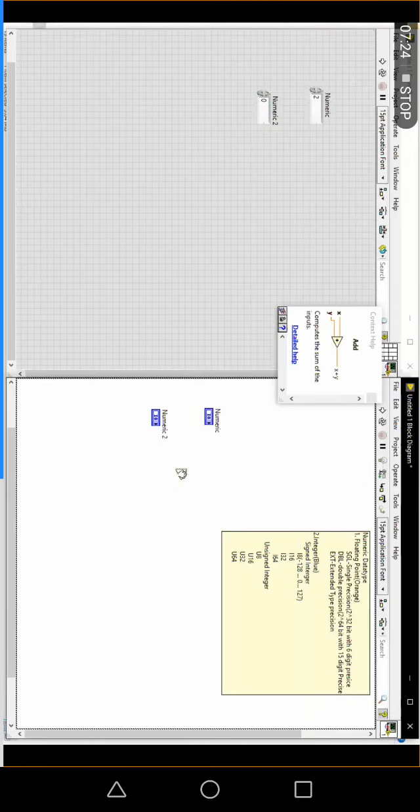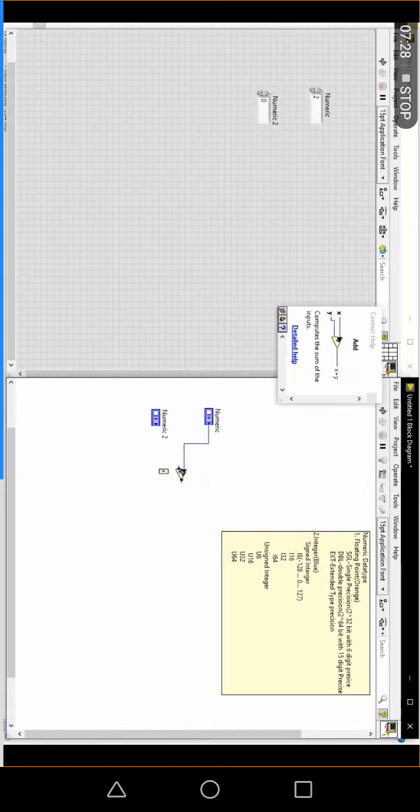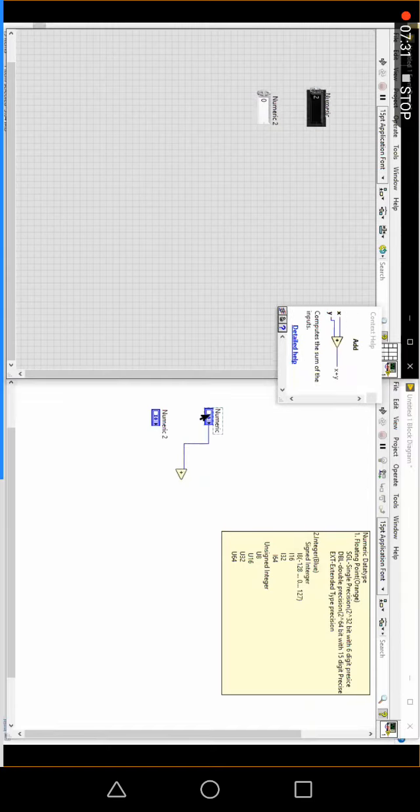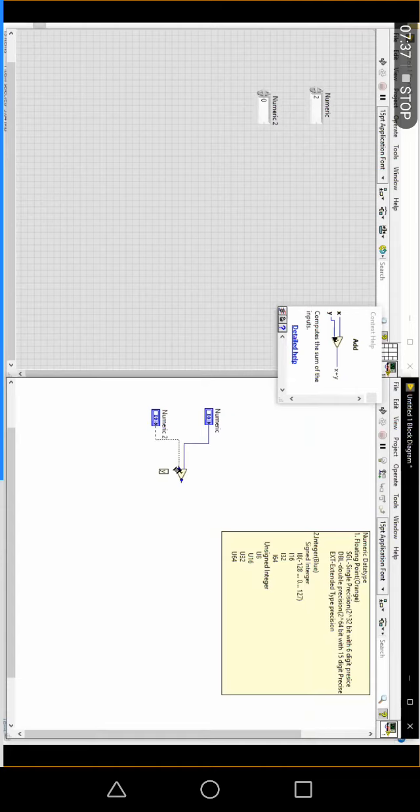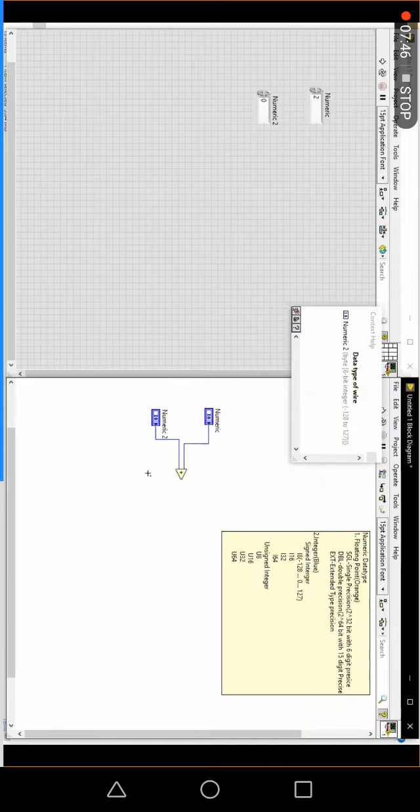This is one of the very important and most frequently asked questions. I am going to take an addition function and connect the addition terminal. I am connecting I8 here, and this I8 also. Whether the dot will occur or not? The dot will not occur, because both are the same representation. Now I am going to create the indicator.